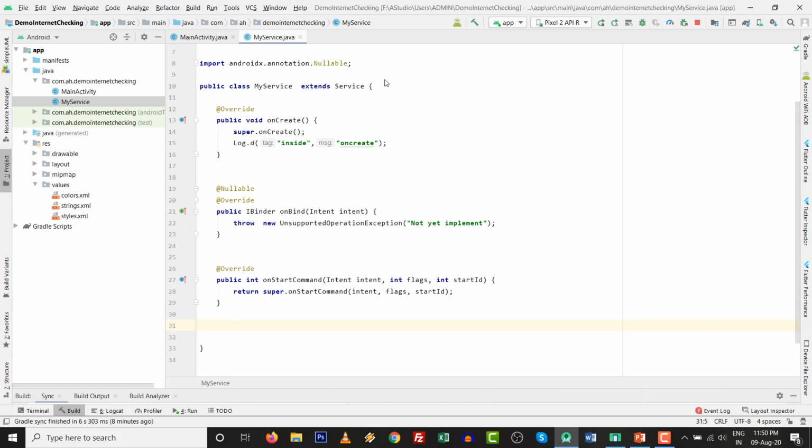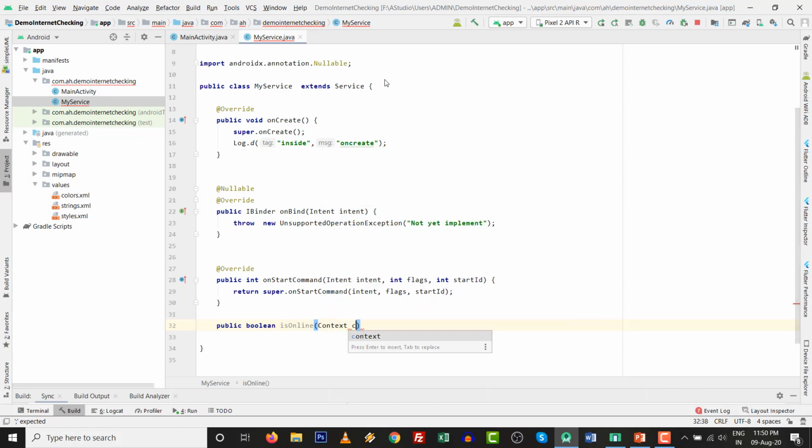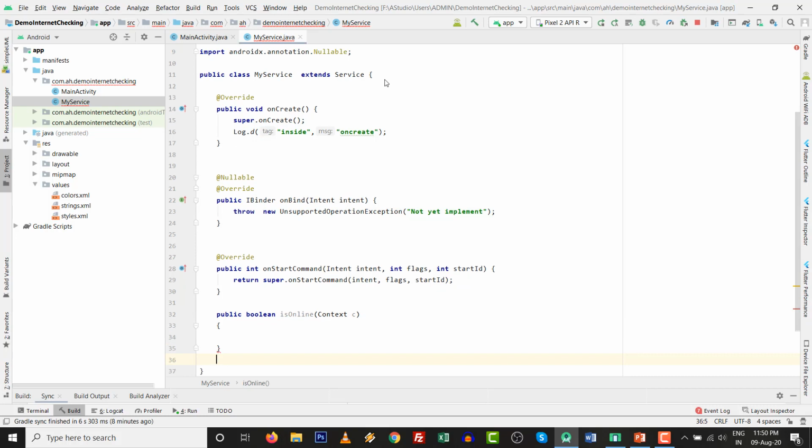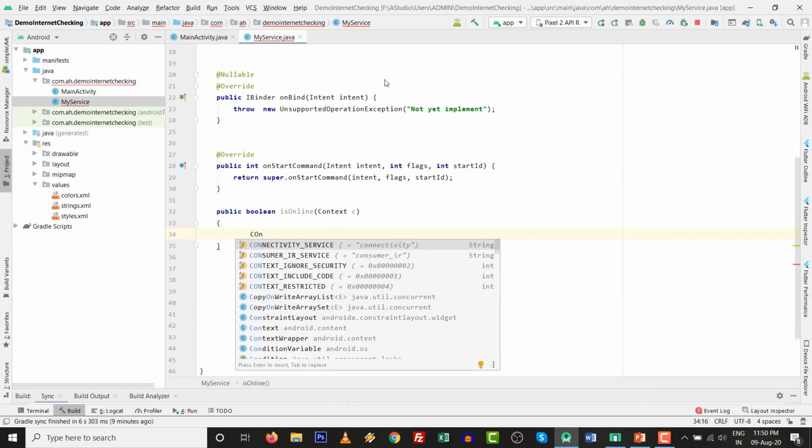So I am going to go back inside this on start command. I type public boolean, a return type, to check whether it is online or not. It is based on the context. Curly bracket start and curly bracket over. The return statement is missing, so we will add it afterwards. But right now we are going to check with the